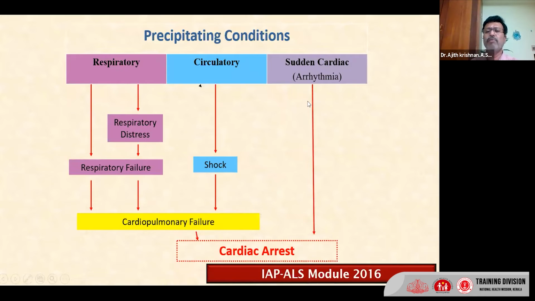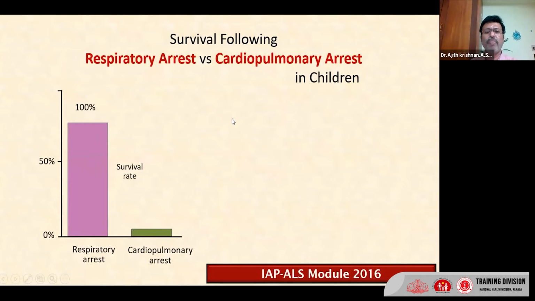in older people. Only in adults will you get arrhythmia. In children, usually you will get respiratory failure and circulatory dysfunction. So the importance is that survival from respiratory arrest is much better when compared with cardiopulmonary arrest. So it's important that you should prevent the cardiopulmonary arrest by managing the respiratory distress, respiratory failure,